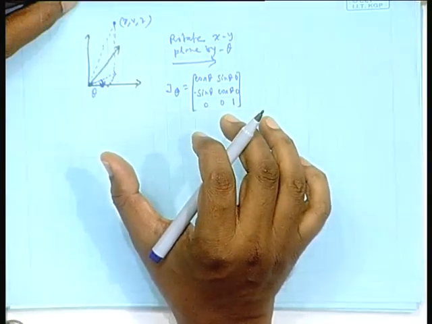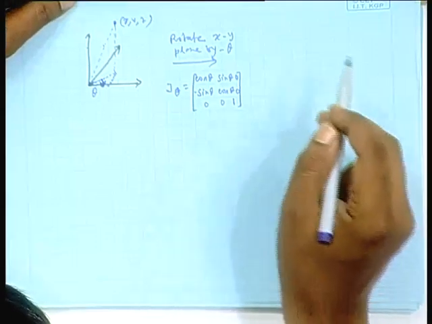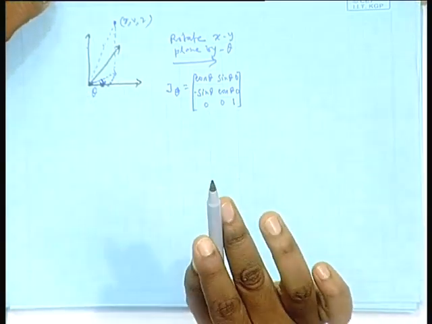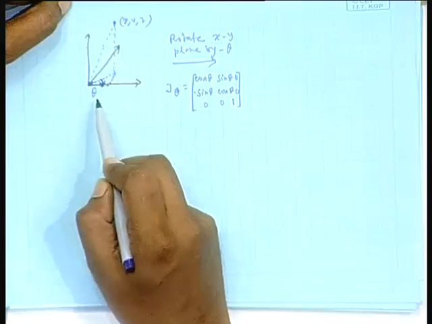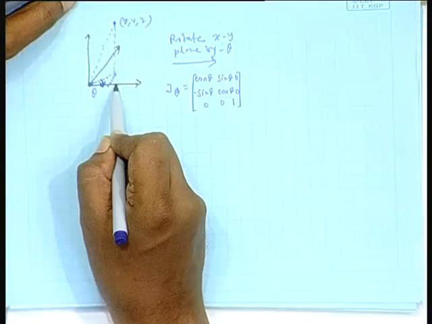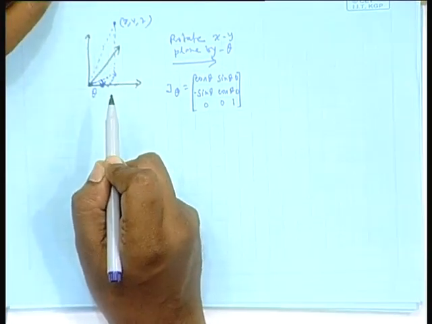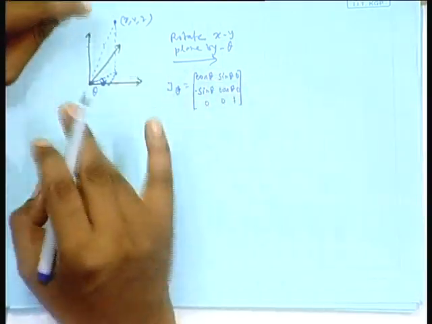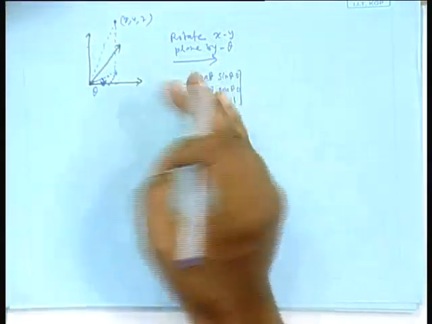Is that correct? Take any vector x, y, z. If I want to rotate it, keeping the z axis intact, I will actually be rotating the xy part by theta, and z stays. So, what will be the resulting vector? Rotate this part, so it will be pointing here, and on that you add this vertical z component, whatever comes, that is what I want to obtain. For you to understand, I explain it the other way, rotating the plane instead of the vector, because then it becomes easier to understand, but these two are equivalent.